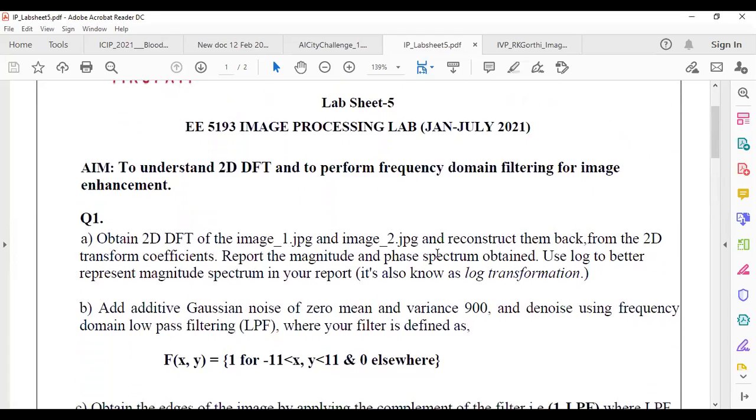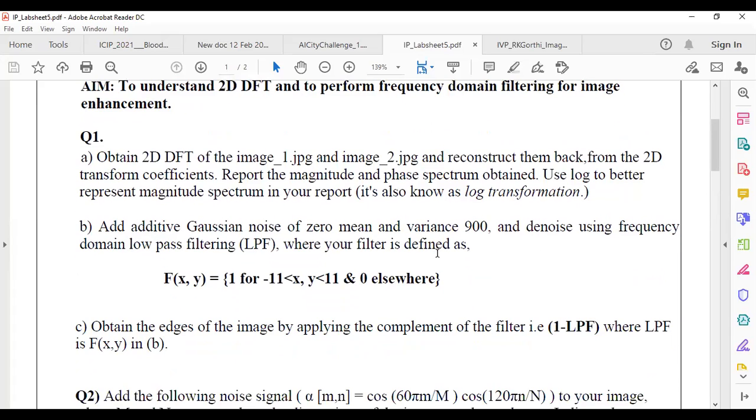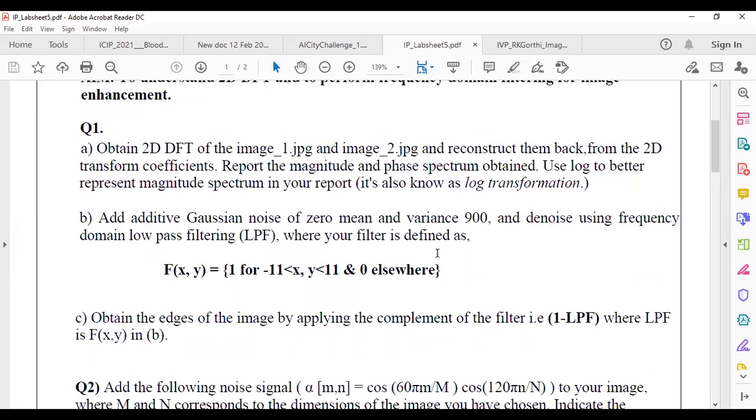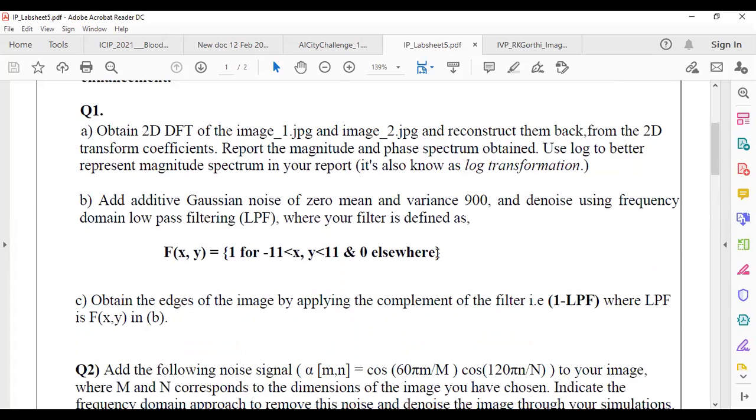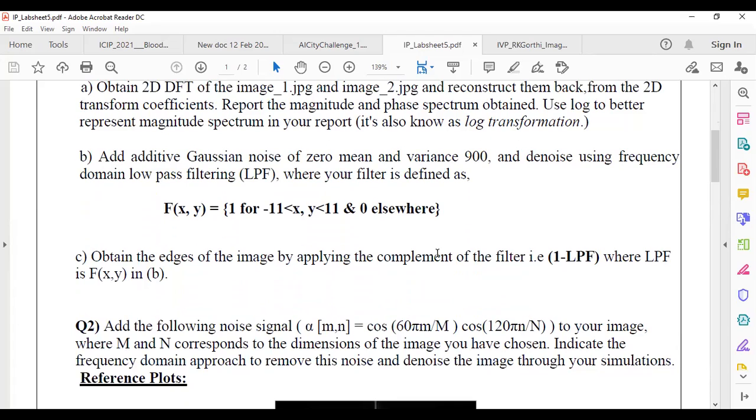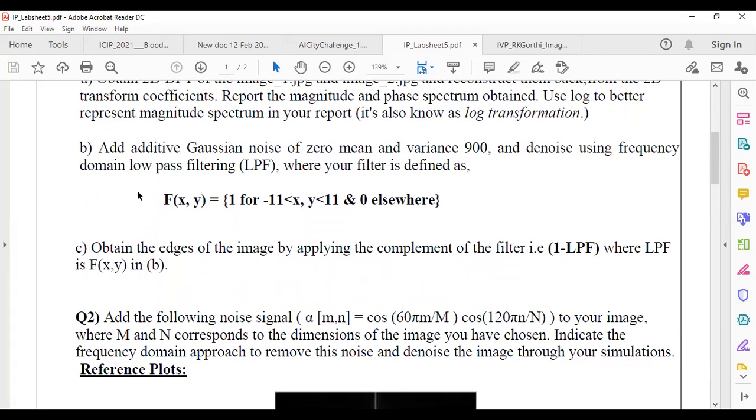The first question is finding 2D Fourier transforms, the 2D discrete Fourier transform. For plots, usually we take the log of the magnitude because the values are very high. You can apply a filter. Creation of the filter you can do in the time domain. After filtering, you pad with zeros and take the Fourier transform, then you will have the same size as the original image. Here the first thing is to add noise, apply filtering and see if it gets removed.